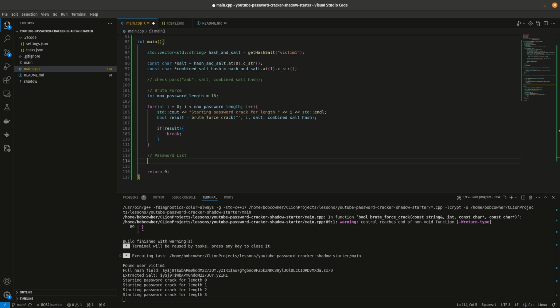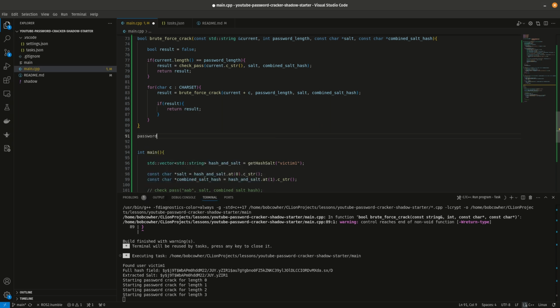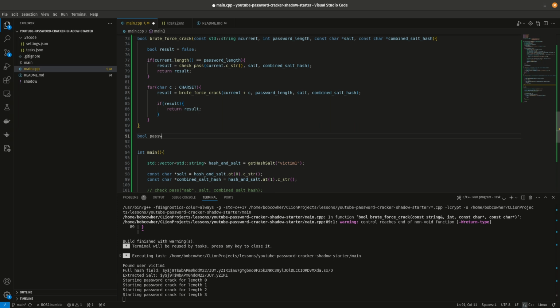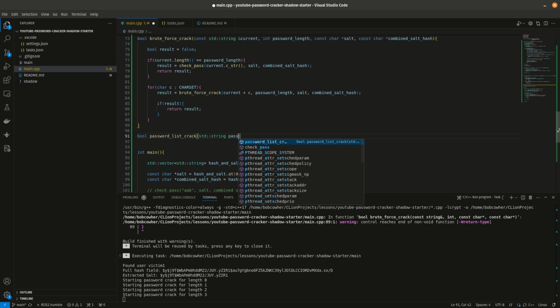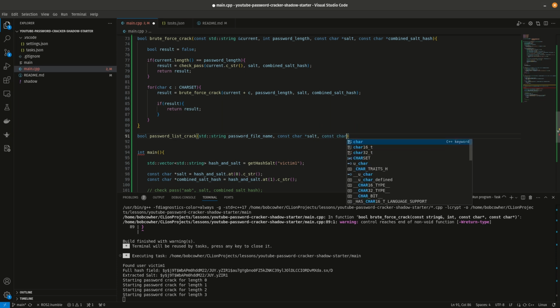We will be writing a new method, also a bool, called password list crack. And here we'll be feeding it a string of password file name, const char salt, const char combined salt hash,